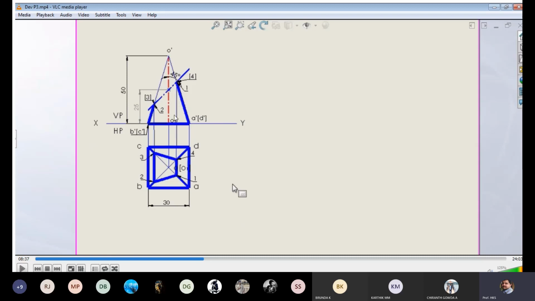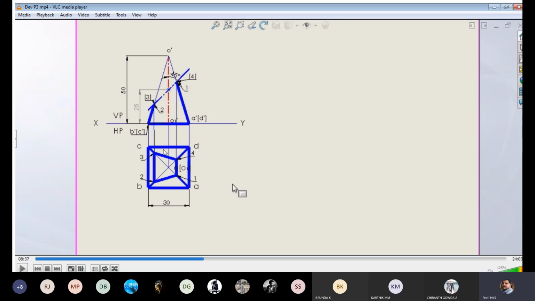Okay, how are you going to get it? From this point, project to the slant edges in top view. We are going to get these 2 points. Again from here, project it, so we are going to get these two. Then connect them, and after that connect from this point to this, this to this, and this to this. So these are the slant edges.